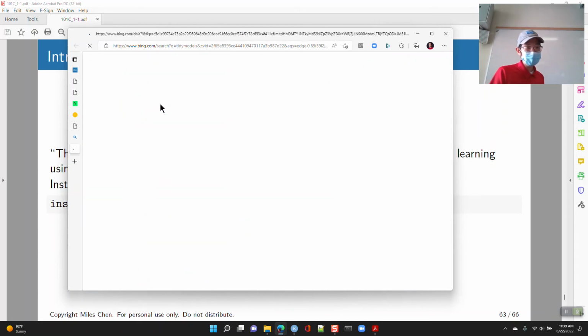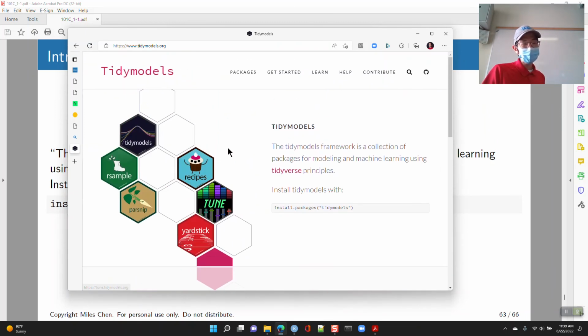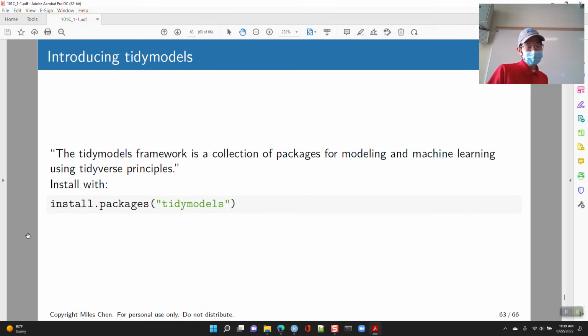Okay, and tidymodels, what it is, it's a bunch of packages that work together to allow you to do machine learning and model fitting in what we call the tidy manner. All right, and so again, assuming you've all taken 101A, you've already fit linear models and things like that. Now when you fit lm, there's a bunch of stuff you can do. You can do summary on the model that you fit. You can ask what are the coefficients and things like that.